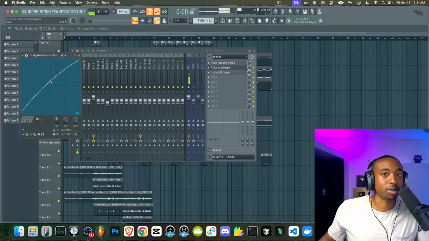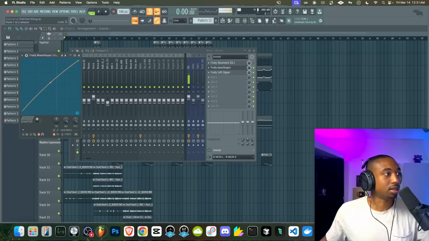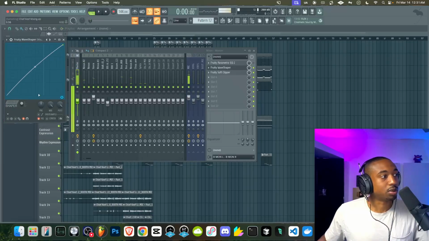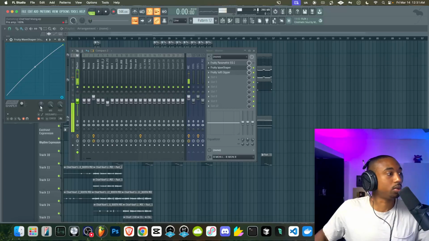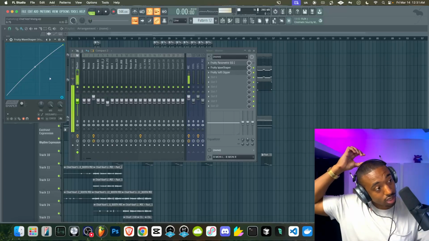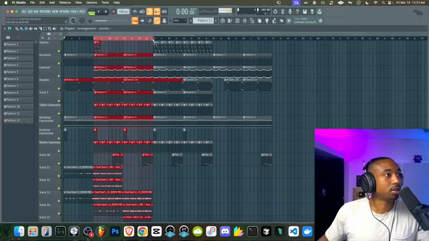So I do this for the drums to really add that final polish and crunch. You just want to barely touch this. Don't go crazy with it. Pull the mix level up and down to see which one you like the most. And to mess with the tone, we're going to mess with what's called the preamp. So the preamp will drive the signal into this curvature to make it sound more saturated. So let me go to where the drums are for this song.